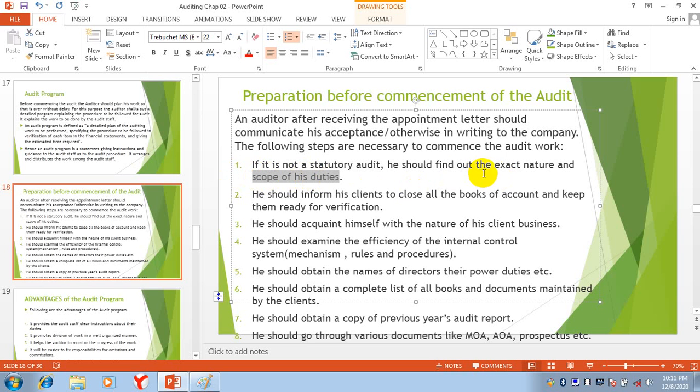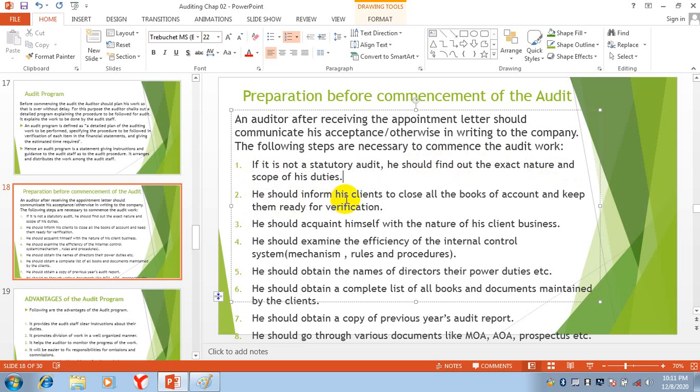You will find out this thing first, if it is not a statutory audit. Because in a statutory audit, you know about your scope and your duties. But if it is some other type of audit, the first thing is you will find out the exact nature and scope of your duties.